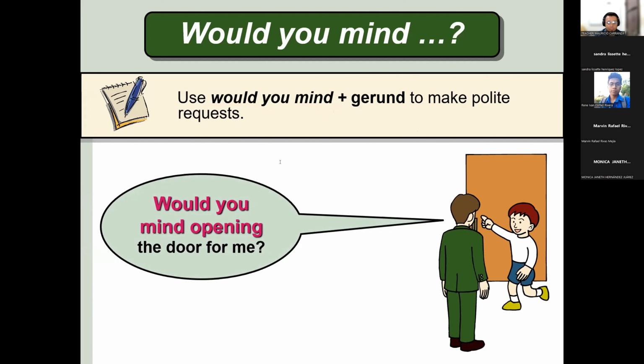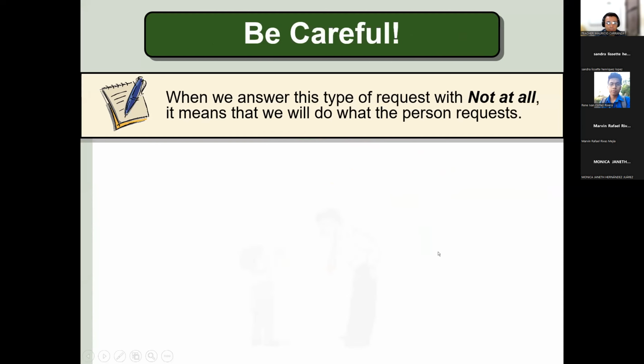Porque es importante explicarlo porque, por ejemplo, podríamos cometer este error. Would you mind to open? Que gramaticalmente no es que no se entienda, de hecho, pues se podría entender, pero la regla nos exige que al tener el verbo mind, ocupemos el gerund. ¿Okay? En este caso sería, would you mind opening the door for me? And that's basically the same. Es muy cortés, es una manera muy formal, right? The answer would be,